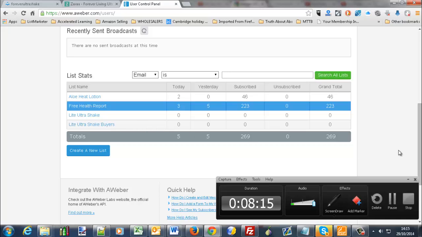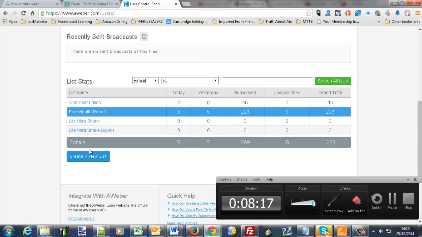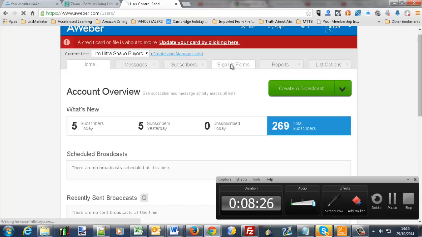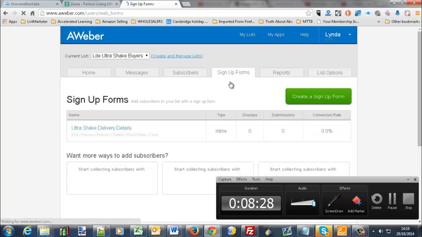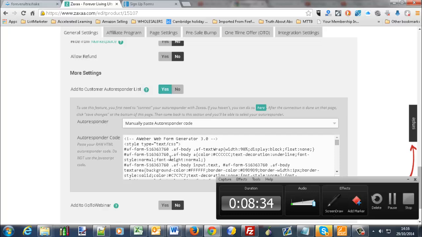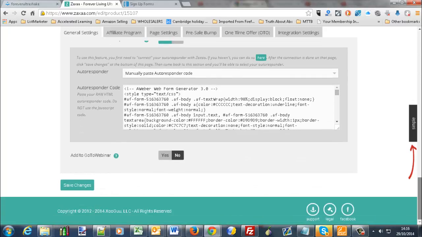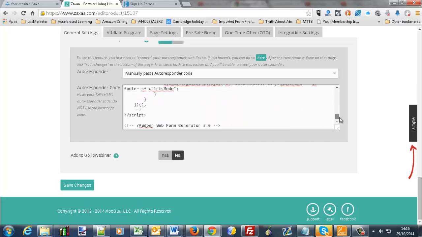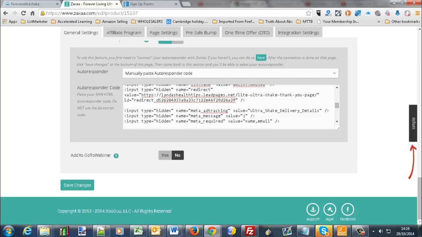For this list here, your Light Ultra Buyers list, I went in here and created a sign up form, which is this. I then took the code from here, and that's the code that we have put here in Zaxaa. Essentially this code tells Zaxaa that when the person buys, add them to my Aweber buyers list. Okay,